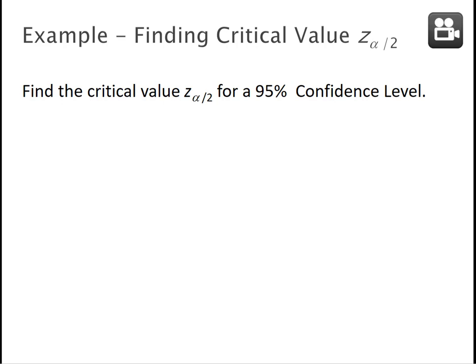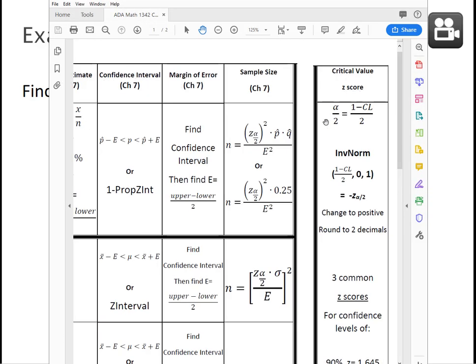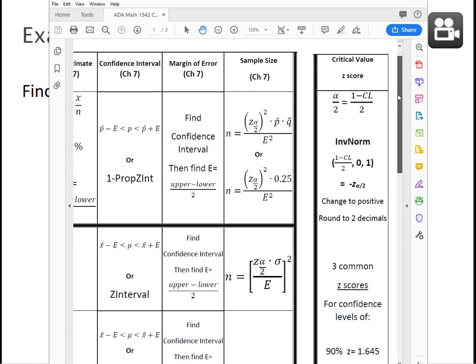So first step is I'm going to go over to my formula chart because I know that I have a section there called critical value z-score that'll help me find this critical value that the problem is asking for. So first off, notice here that my critical value z-score table says that the alpha over 2 corresponds to 1 minus my confidence level over 2. And then once I know that, I can input that into my calculator